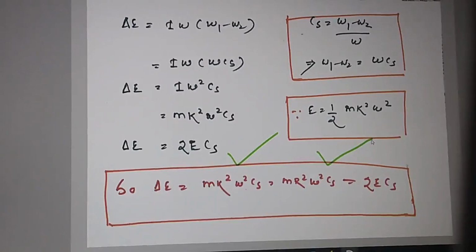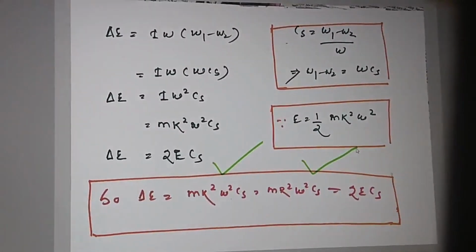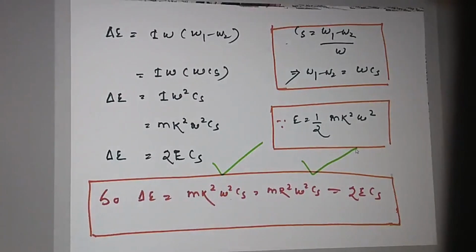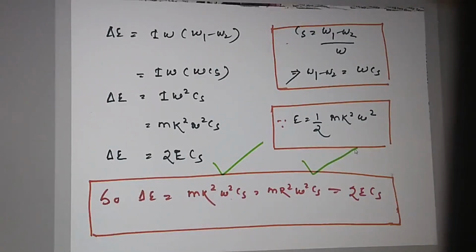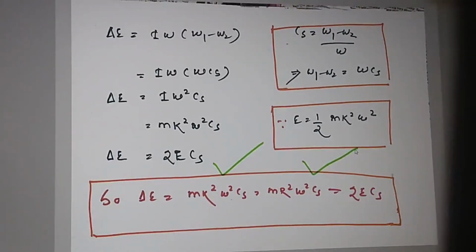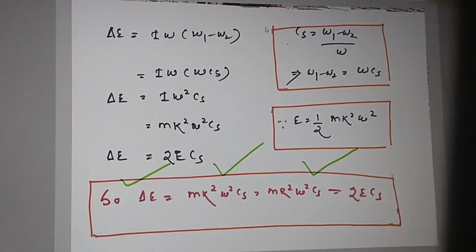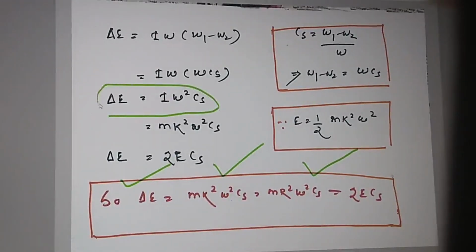You can find the expression of the maximum fluctuation of energy in this way, and many numericals come based on that fluctuation of speed value. You can practice it and solve similar problems on this derivation, so that you can easily understand this concept. This is all about the derivation of the maximum fluctuation of energy in a flywheel, and these symbols play a very significant role in determining the value of delta E.